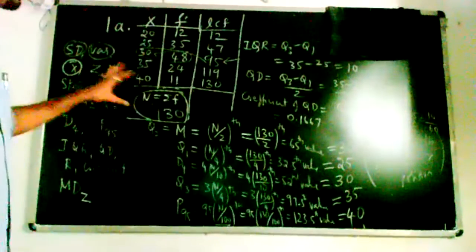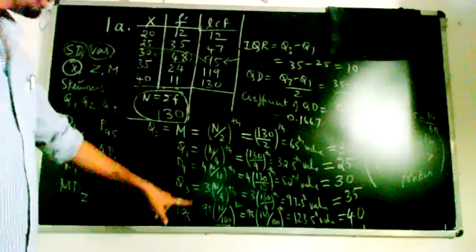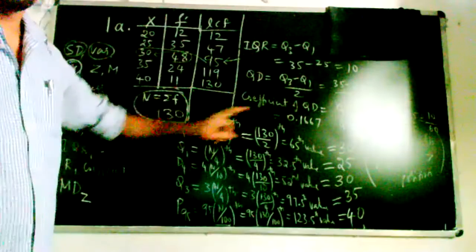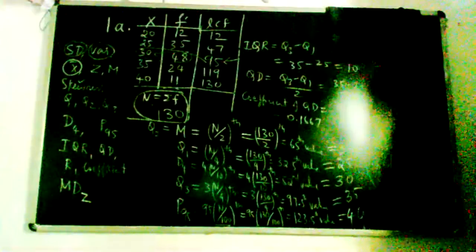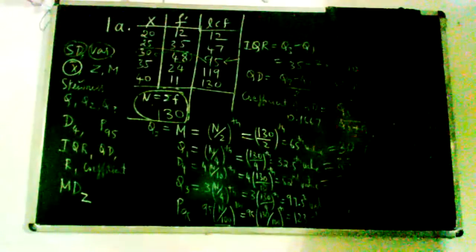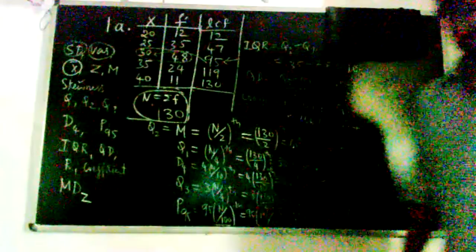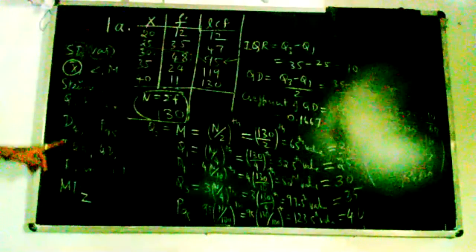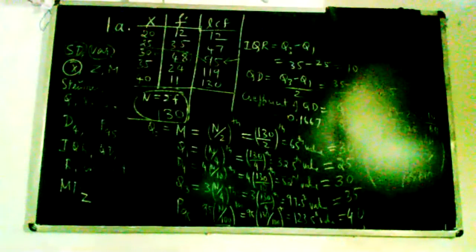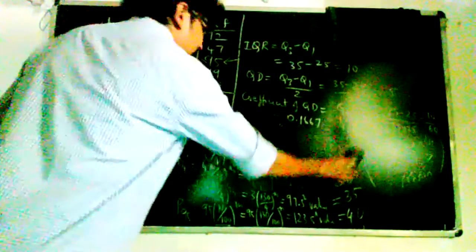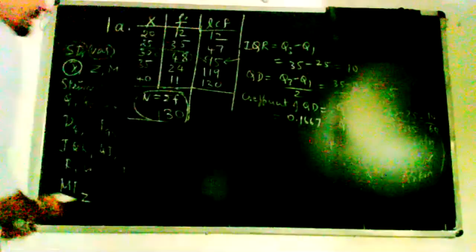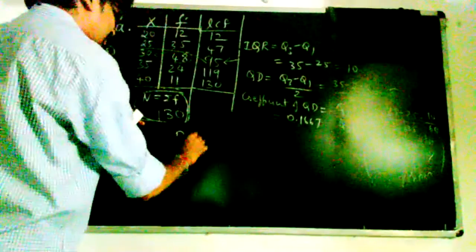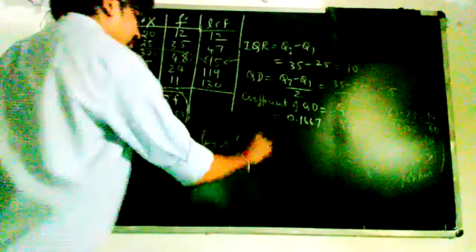Fine, this is how much I can help you. Anyhow, you have quartiles with you now. You compute IQR and QD; the coefficient of QD will be the same. Okay, so we'll look into the calculation of MD about Z, and skewness based on quartiles, and complete them. MD is the same, I guess. Same steps, but you'll have to multiply by f. I'll just compute Bowley's skewness here. Bowley's coefficient of skewness.